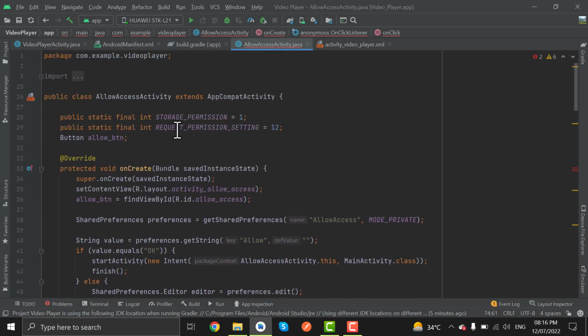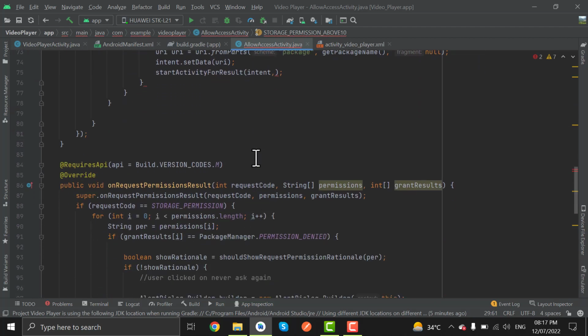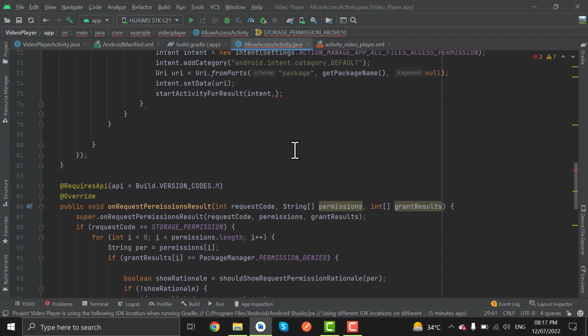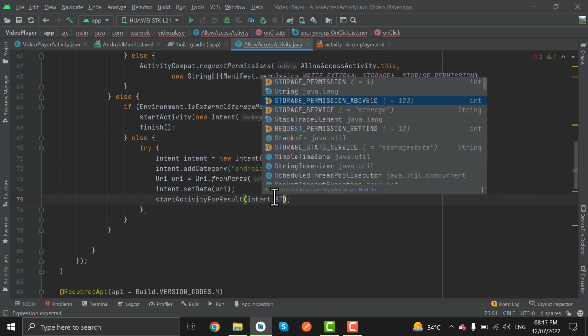So create here control D, STORAGE_PERMISSION_ABOVE_10, change the number to let's say 123. We have to use this here, STORAGE_PERMISSION_ABOVE_10,